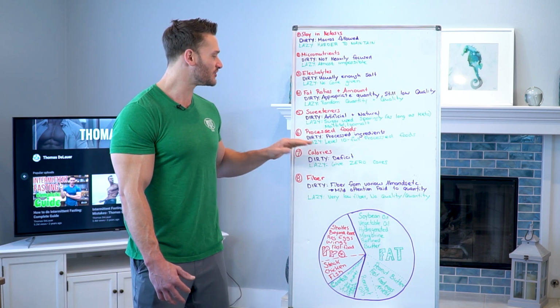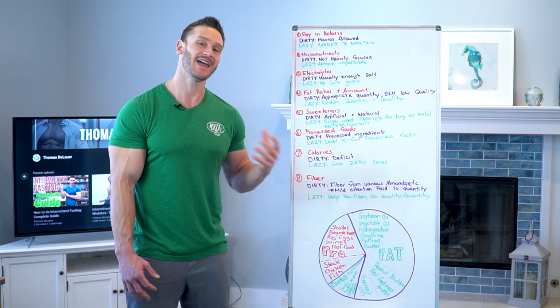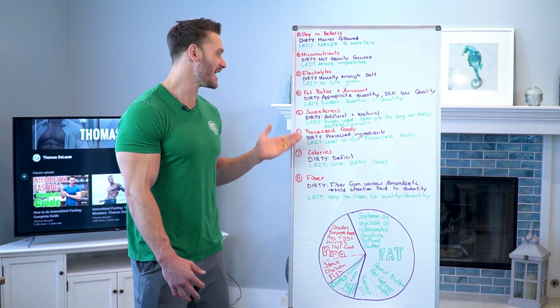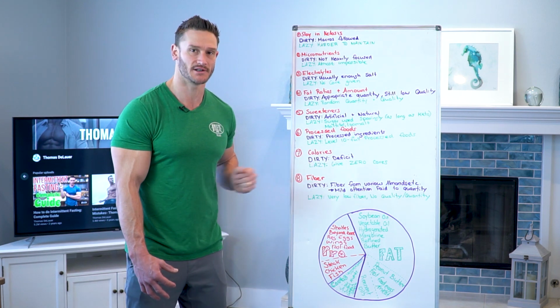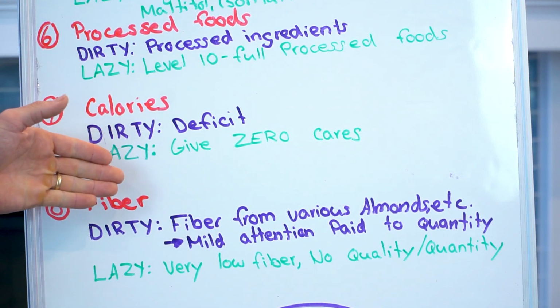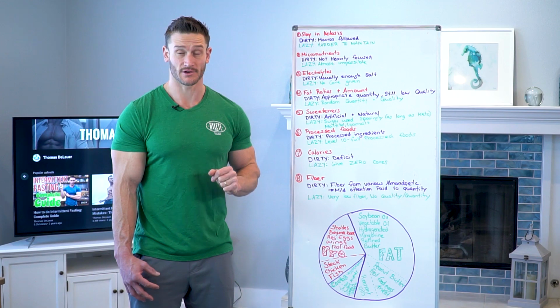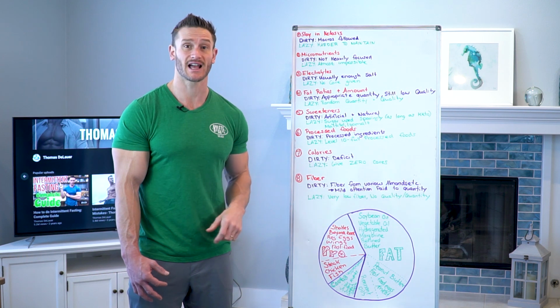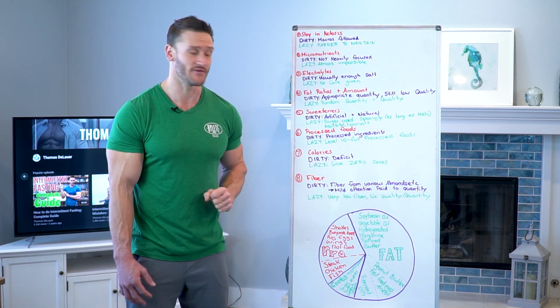Calories. Okay, with dirty keto, you're still paying attention a little bit to a deficit to try to lose weight, right? You're paying attention to how many proteins, how many fats, how many carbs, and you're giving a nod to it at least. With lazy keto, zero cares whatsoever. You don't care. You're just trying to stay in keto. You might eat 3,000 calories one day, 5,000 another, 1,000 another. You don't really care. You're just doing whatever you need to do.